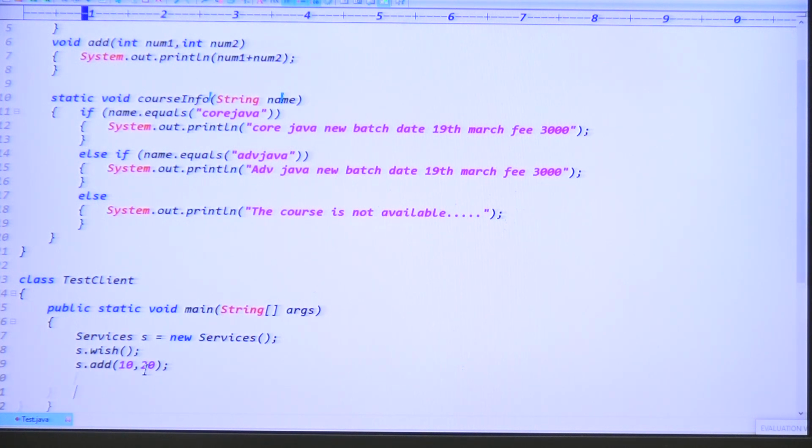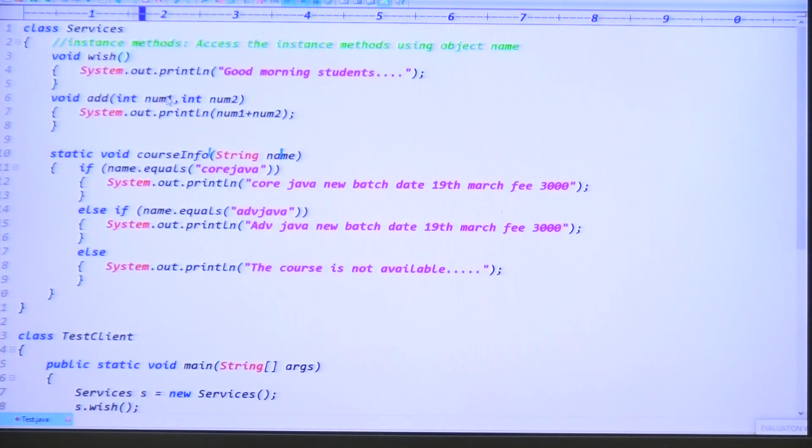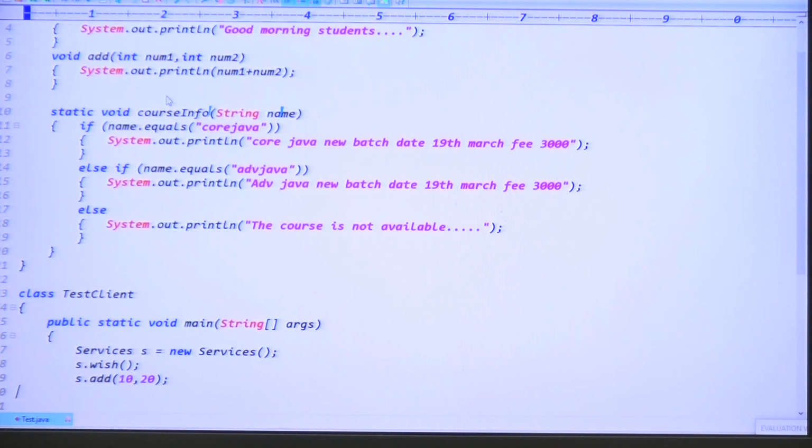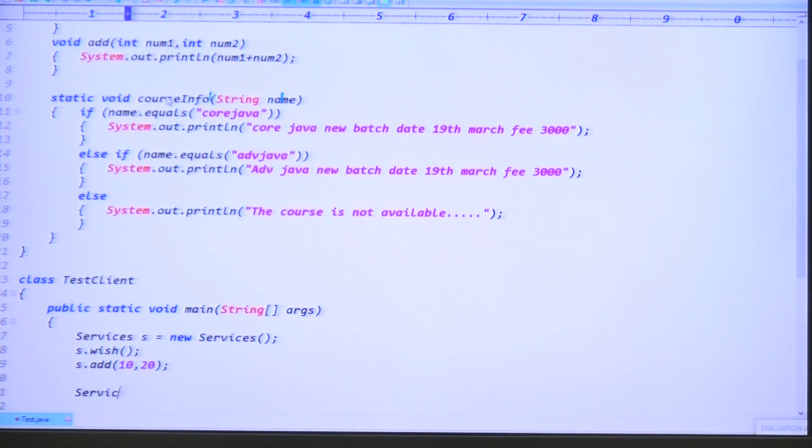Which class do we have to call, the TestClient class or the Services class? Because this courseInfo belongs to the Services class, right? That's why we have to call Services.courseInfo, right?